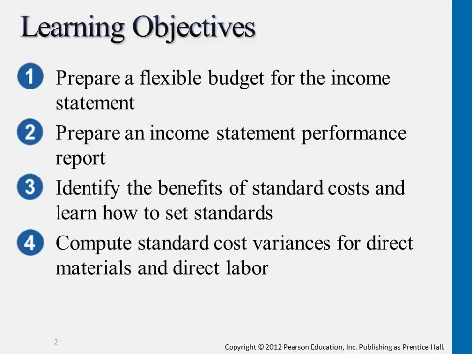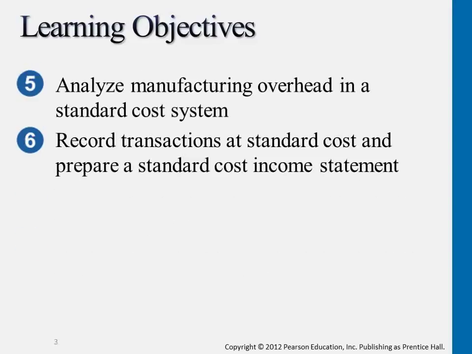So this chapter will break down the differences between actual and budget into a detailed sales volume variance and flexible budget variance, and then from the middle section on, we'll break down the flexible budget variance into more detail. Basically, all of these are doing detailed analysis on why the actual numbers are different from the budgeted numbers. Okay, and at the end of the chapter, and this Friday, we'll be going over some of the transactions, how